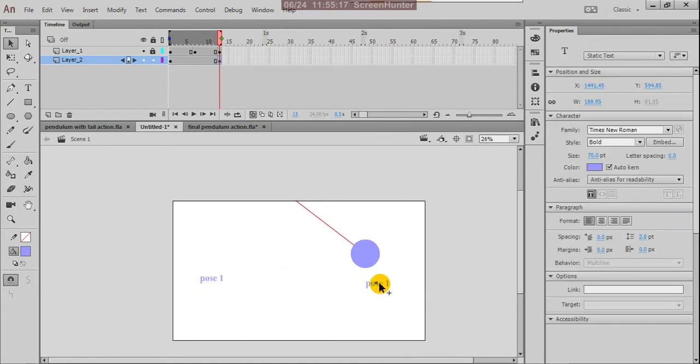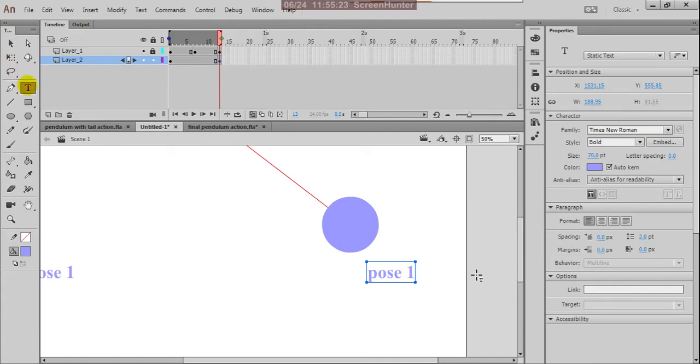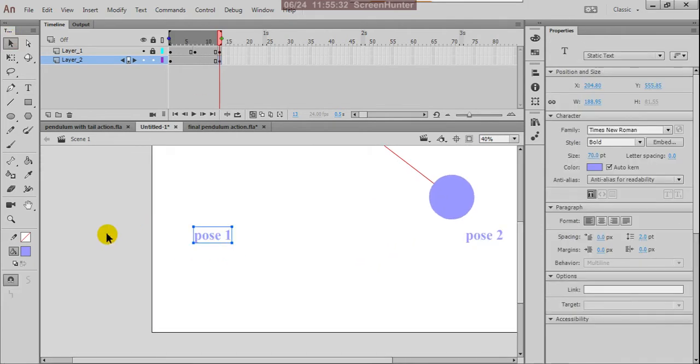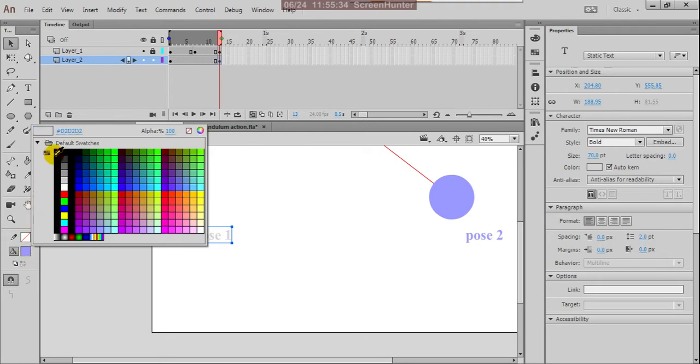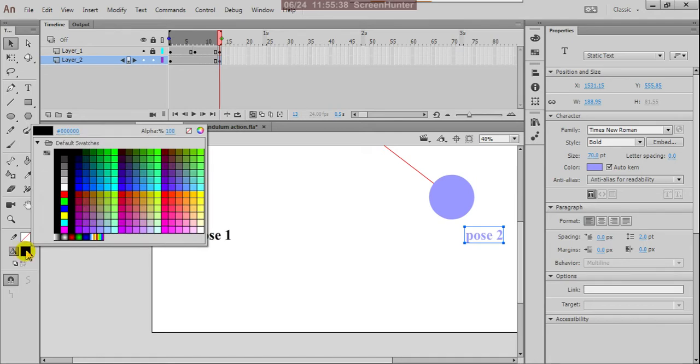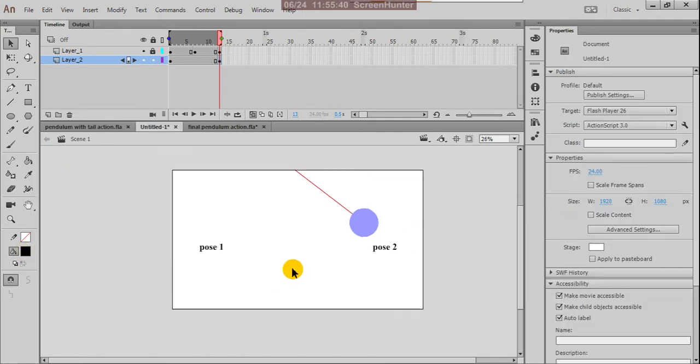Here, right, pose 2. Yes, you can change the color also, make it black. Yes, now you can see this, right?